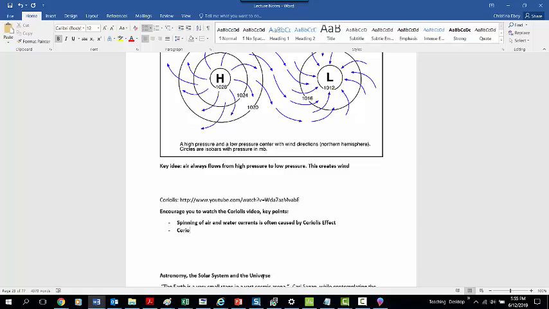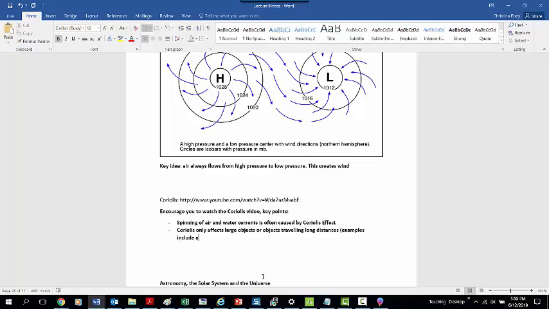Coriolis only affects large objects or objects traveling long distances. So some examples of that include airplanes, intercontinental ballistic missiles, hurricanes, but not